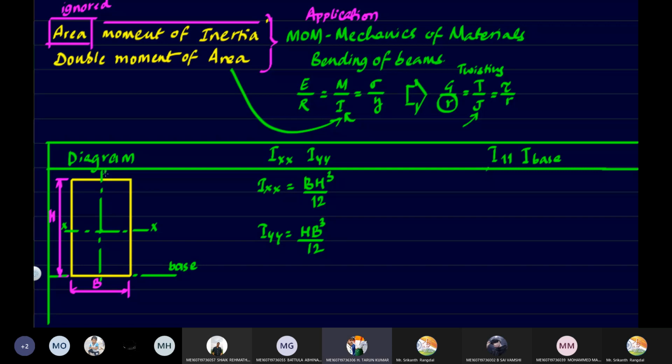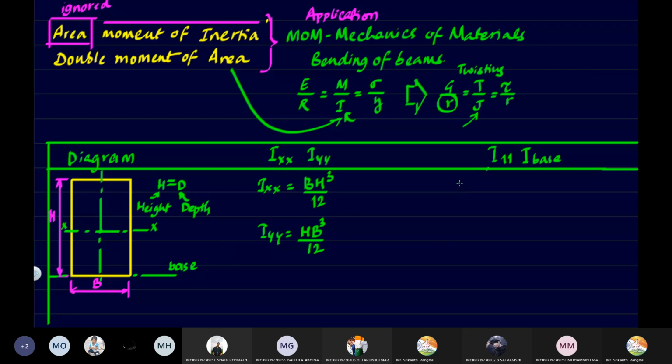See, H and D are changed in different books. Some books use H for height. Some books use D for depth. D is for depth. H is for height. So both mean one and the same. Is it clear? Yes, sir. So from book to book it varies. It doesn't matter what you use, but you should understand the meaning of it.